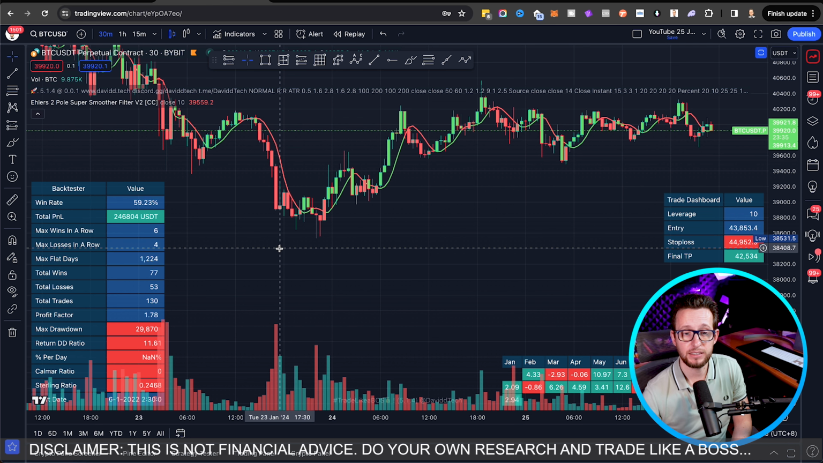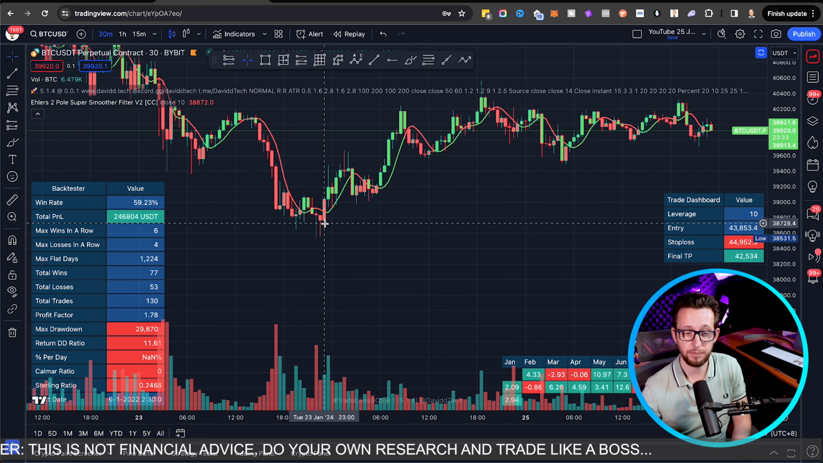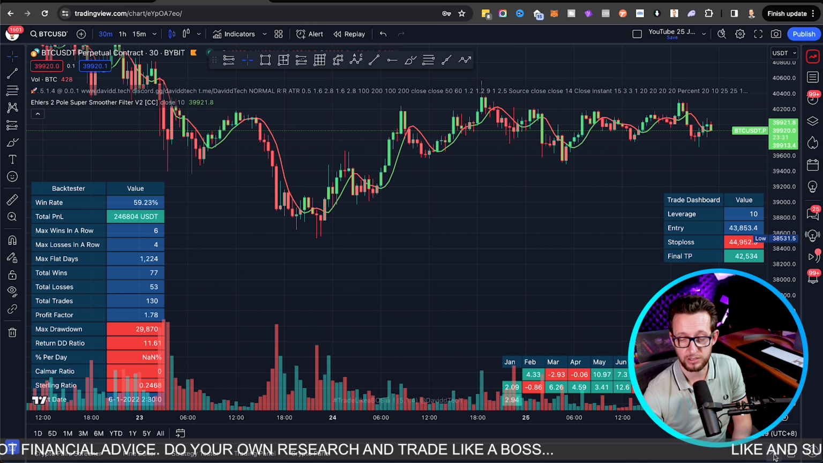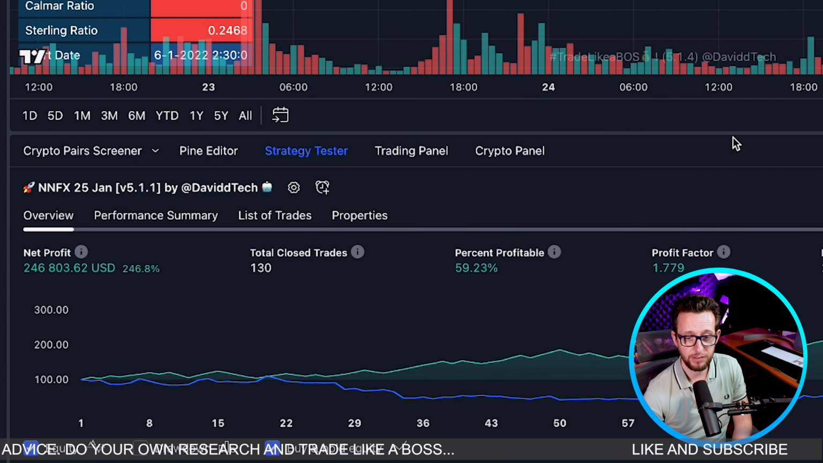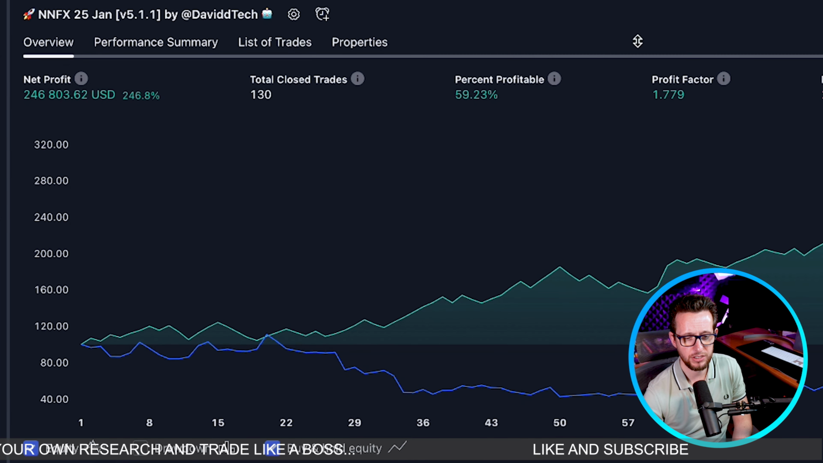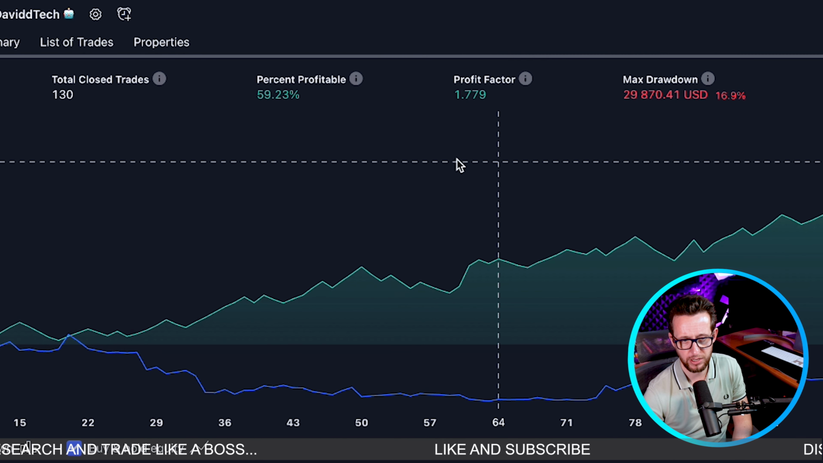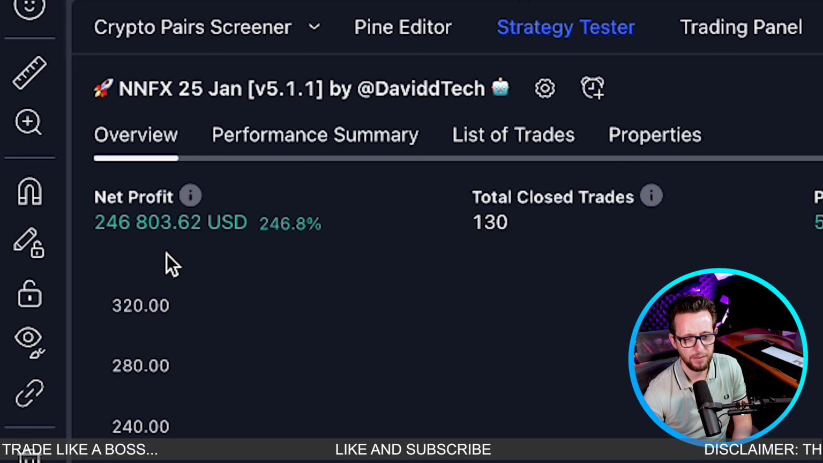So I will be putting this on the incubate.trade platform to be able to test to make sure this works in real-time data. Let's have a look at the backtesting results. As you can see, the equity curve looks absolutely wonderful here. We have